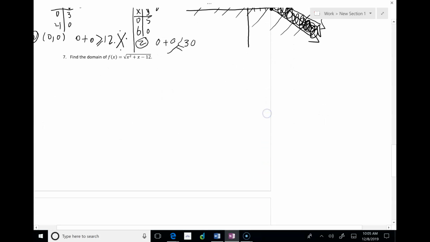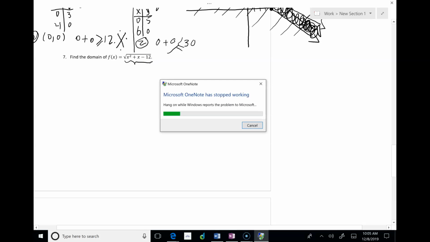Number 7, finding the domain of the inequality. If you remember to find the domain,